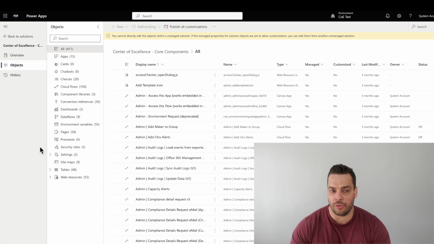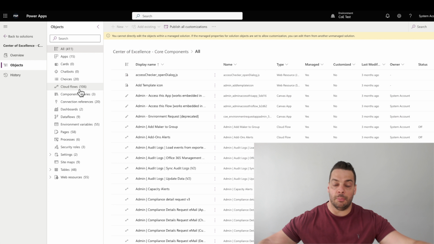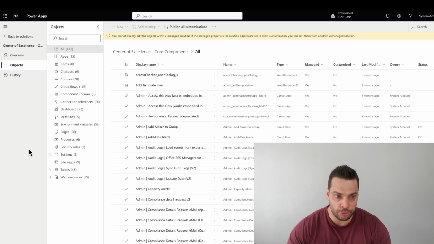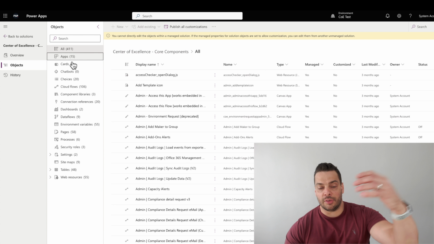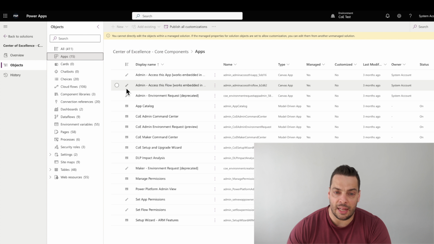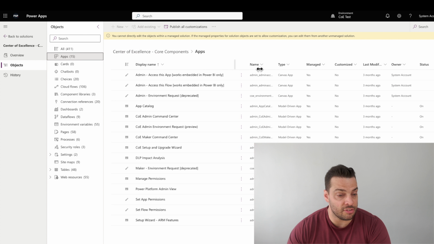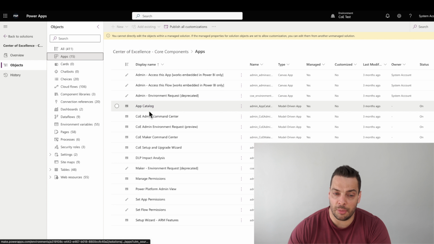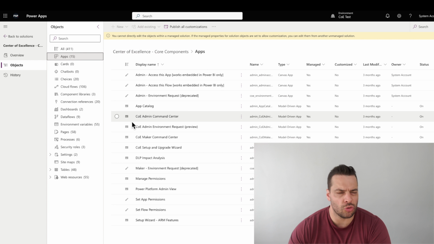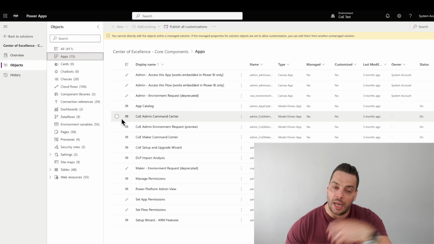Everything else is just to make it work. Right? For example, there's 100 flows. These flows are just workflows that pick up data and run it between tables to make it work. Right? The bit we're interested in is apps and tables. So if I click on apps, and I'll give you an idea of some of the things it gives you out of the box, right? And some of them are really useful, some of them are good ideas, and some of them are not. But there's an app catalog. There's a Center of Excellence command center. So if you're an admin user, you're sort of trying to start here, and it should give you all the